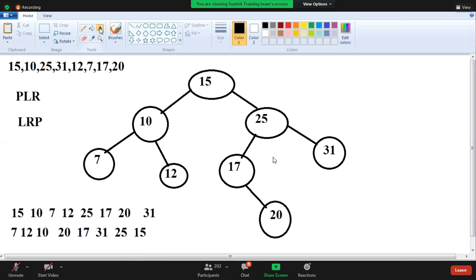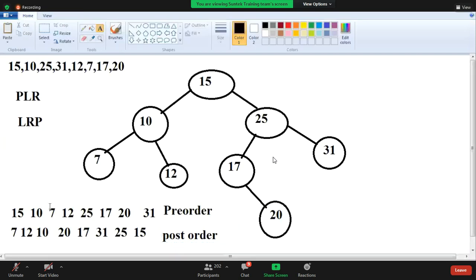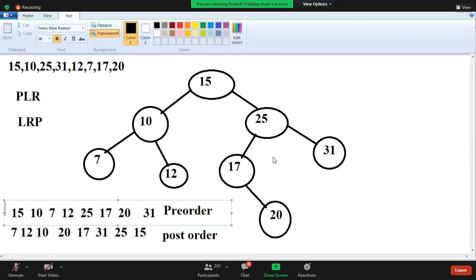The second one, guys. This is inorder, pre-order, post-order. This is the important part. Why am I telling so many questions? If they give elements, write the post-order. If they give the post-order, find out and write the inorder. If they give a diagram, writing is easy. If they have given elements, writing is difficult. For example, if they have given pre-order, you have to write inorder or post-order. If they give inorder or any one order, you have to write the remaining orders. That is not easy.